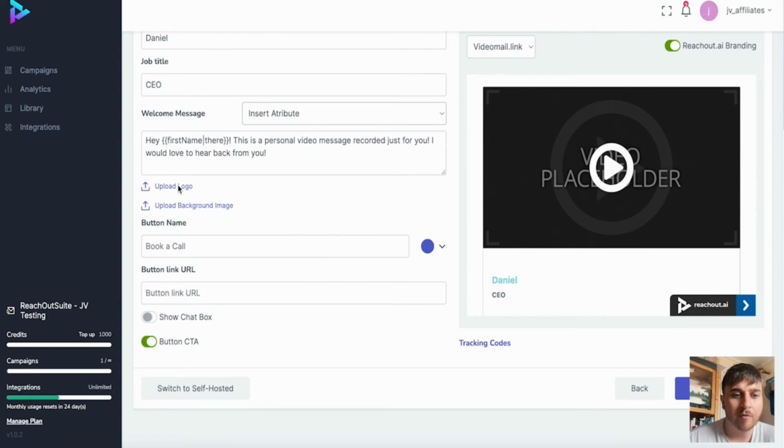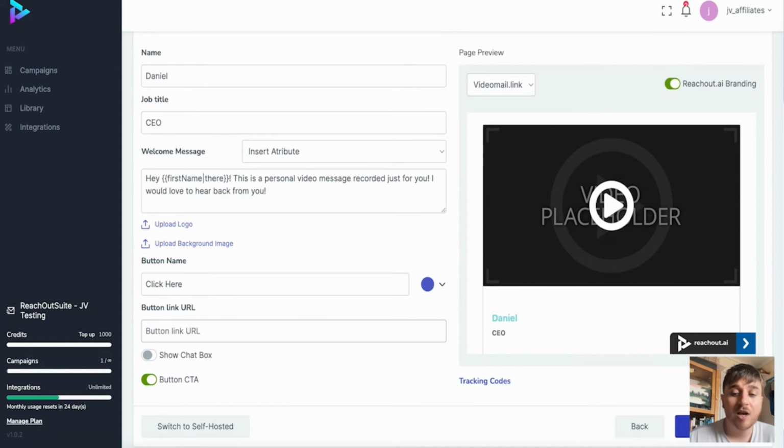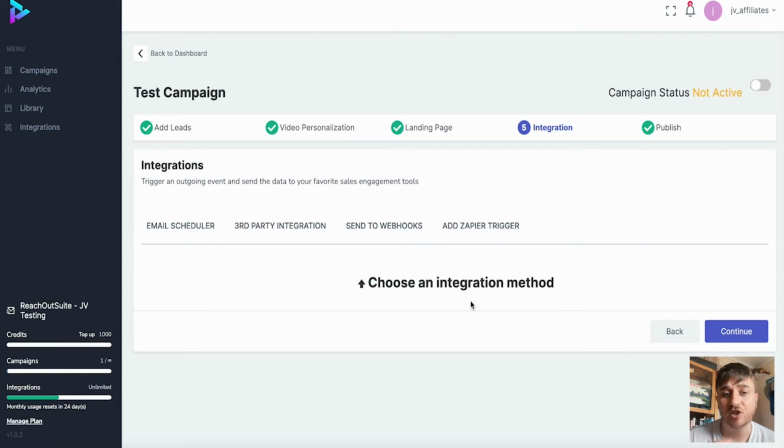We also have the option of uploading our own logo and uploading a background image as well. You can also set the button name. Click here and then set a colour. And then you can also add a URL link for the button. Then once you're happy there, if you go and save and continue, this takes us over to the integration